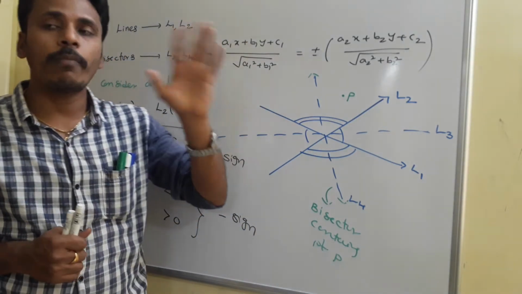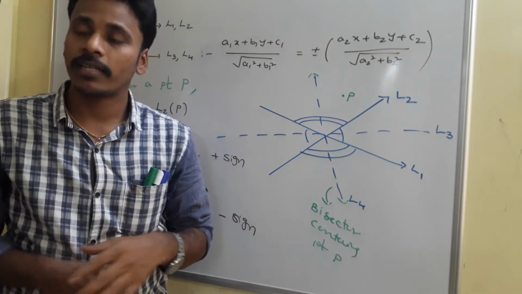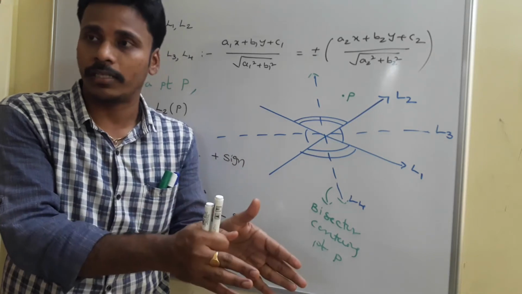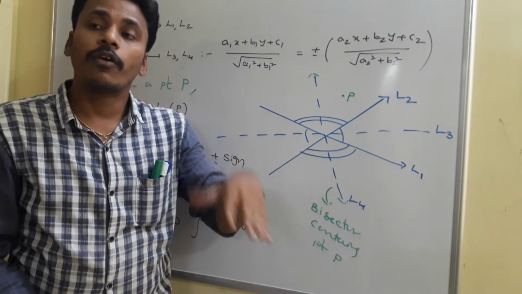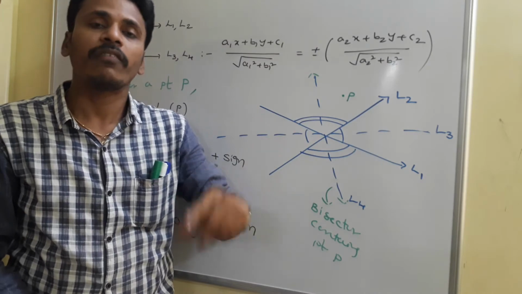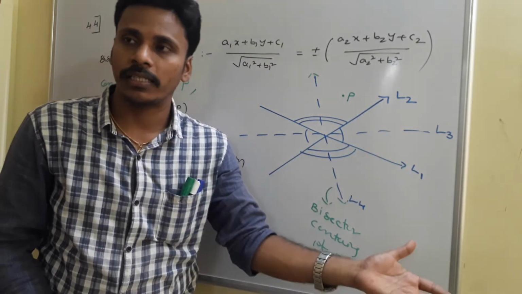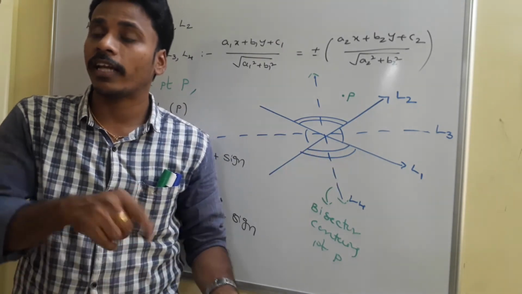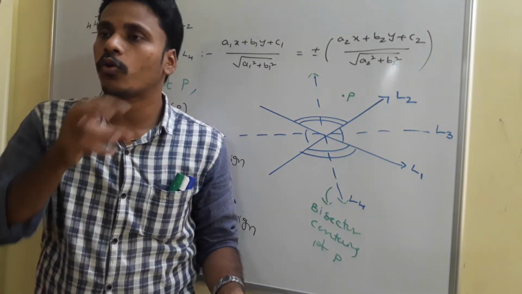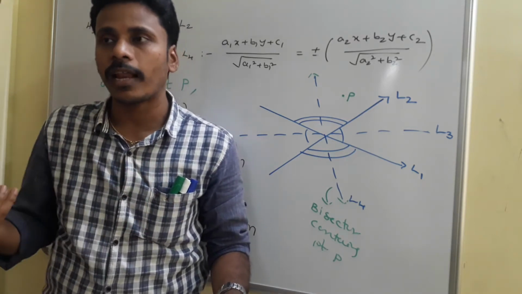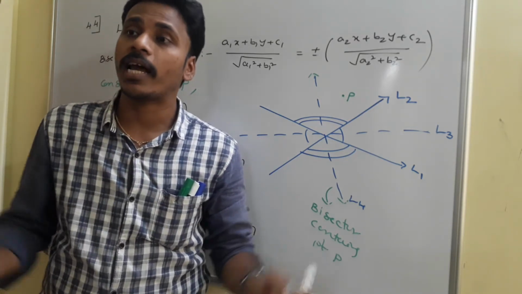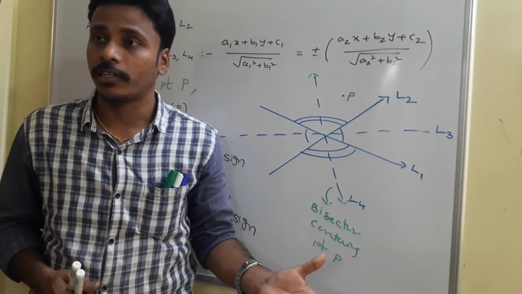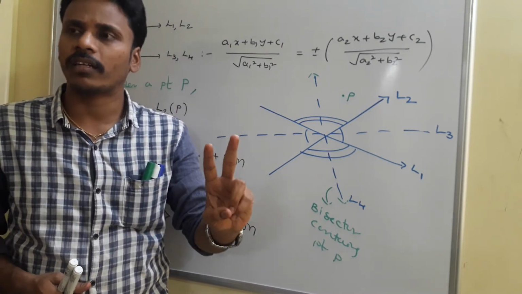Now there are two bisectors. Among those two bisectors, one way of classification is acute angle bisector and obtuse angle bisector. So we need to identify which of L3 and L4 is the acute angle bisector and which is the obtuse angle bisector. We discussed a way in the last class, and in the next point I will give you another way also, to identify the acute angle bisector and obtuse angle bisector among L3 and L4. That's one way of classification. In the other way of classification, there are only two bisectors actually.